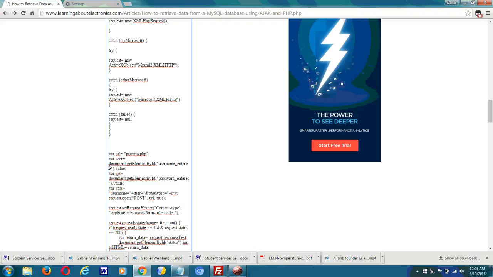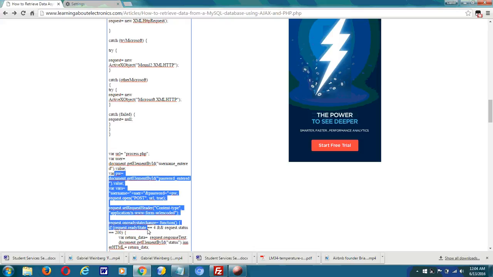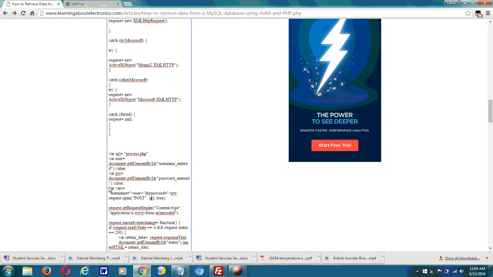And then here we get the value that the user entered into the username text box. So document.getElementById username entered dot value. That gets the value of the text box. And then we do the same for the password box, even though we don't really add functionality to that because we're just checking the username in this code. And then we create another variable called vars,